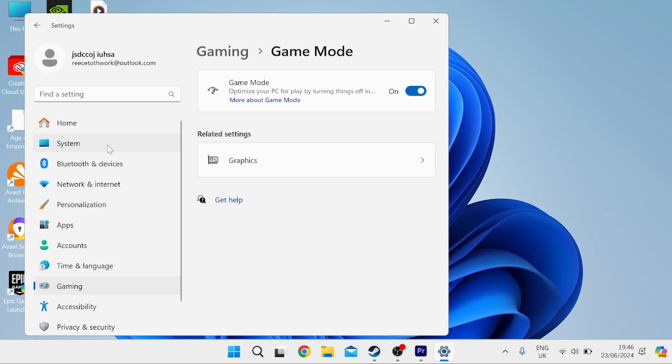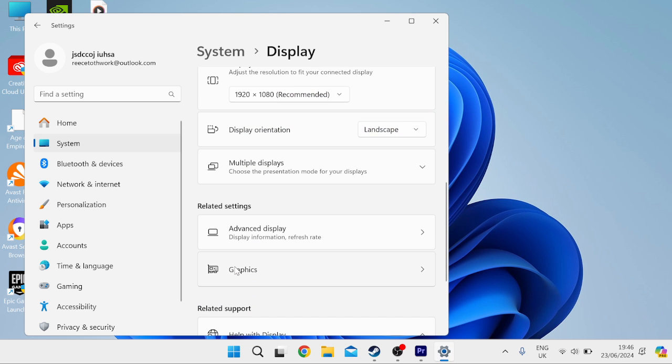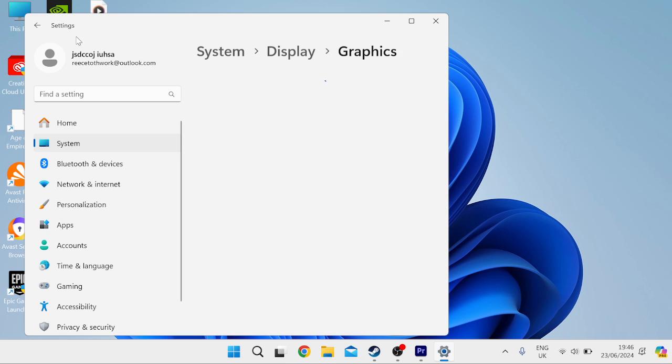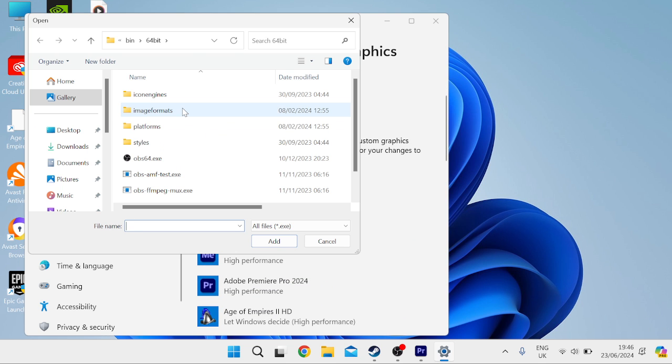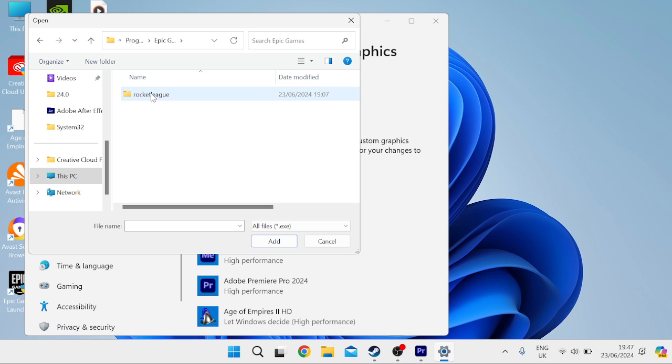And then from the left here we need to come into system, inside of display, and then scroll all the way down to graphics and come into change default graphics settings, and we just want to ensure that hardware accelerated GPU scheduling is enabled. And then we can go back one window, and then we're going to come over to add an app and select browse, and we need to select the Rocket League application. Now if you're not sure where this is saved, it's usually within the C drive, inside of program files, inside of the Epic Games folder, inside of Rocket League, binaries, Win64, and then you should see the Rocket League.exe file,